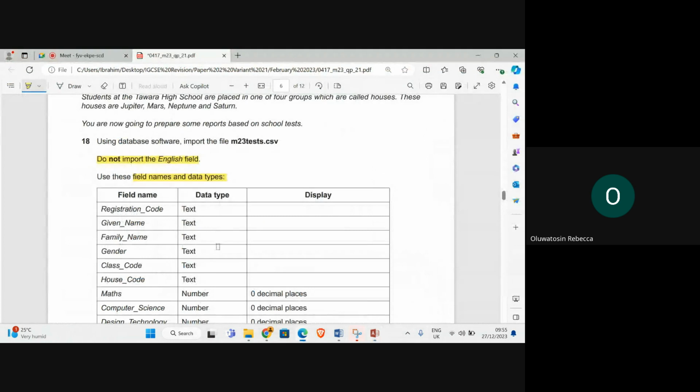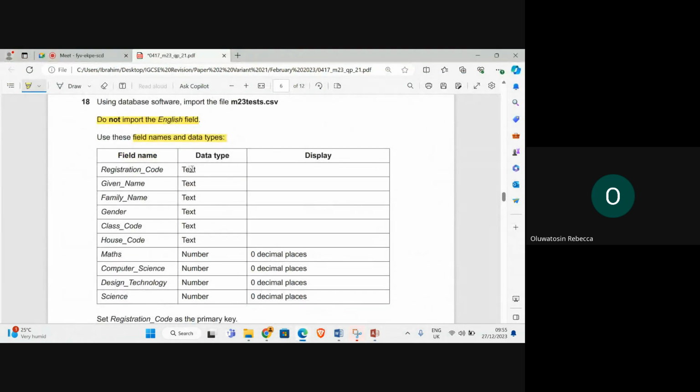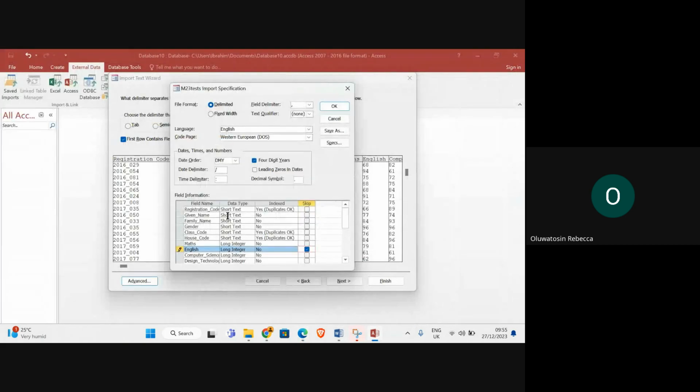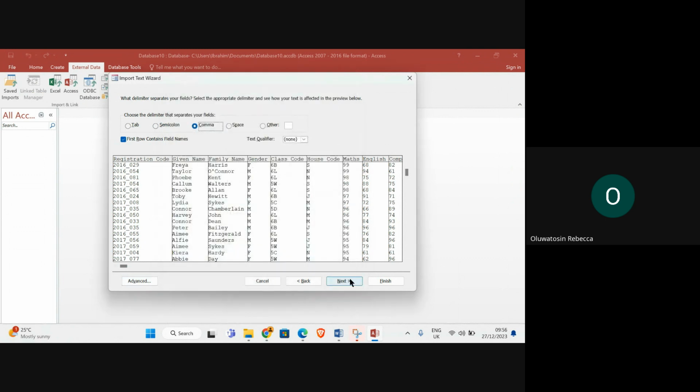Okay, so let's check the data types. So we have from registration code is text up to house code. Then from math up to science is number. Okay, text, and then from math, long integer, long integer, long integer, long integer. Okay, that's fine. Okay, next,